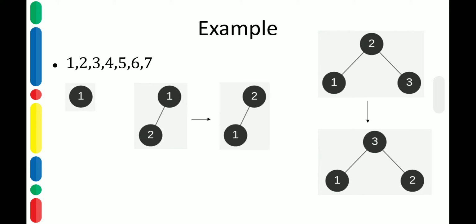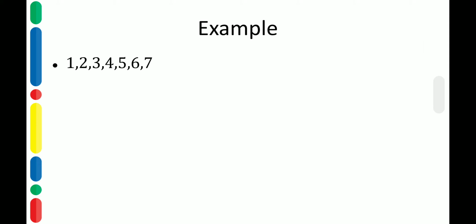So this is the next heap, with 3 at the root, 1 as the left child and 2 as the right child. Now the next available position is as the left child of 1. At position 4 we insert the next element 4, but again here the parental dominance is violated. So I check 4 with its parent, 1 is smaller, I exchange them, and then again I check 4 with 3, 3 is smaller, so I exchange them.